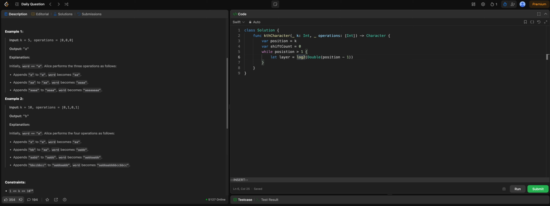For the log, we have to take the floor of the log, and then we need the integer value for that. Okay, let's do it for now. We also need the power, since log 2 is base 2, so we need the layer in here, and then we can print out the